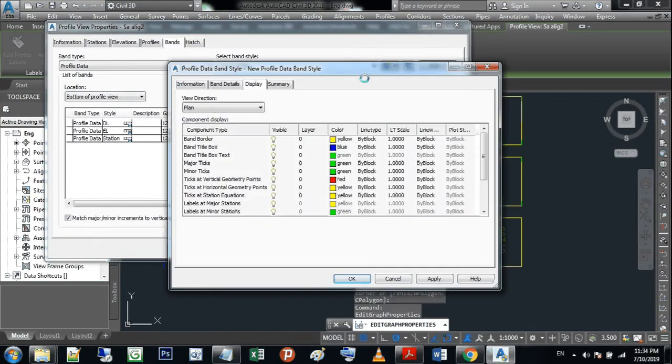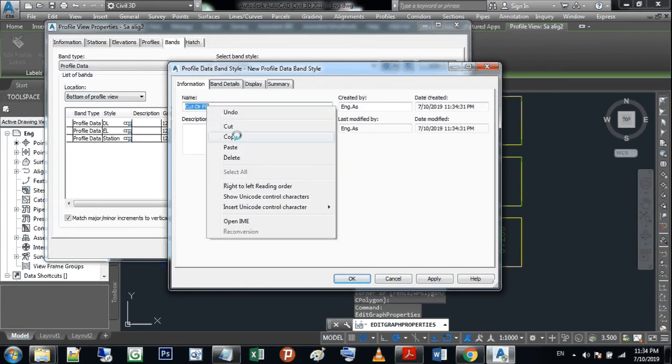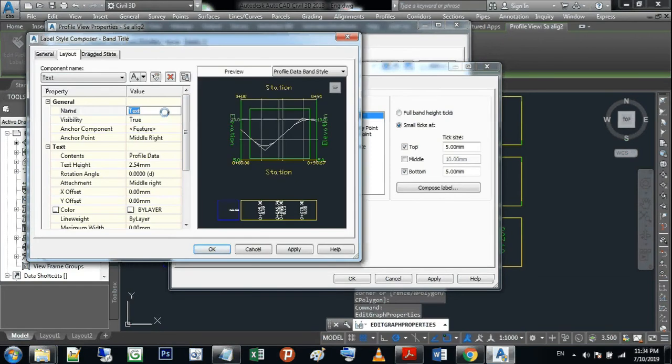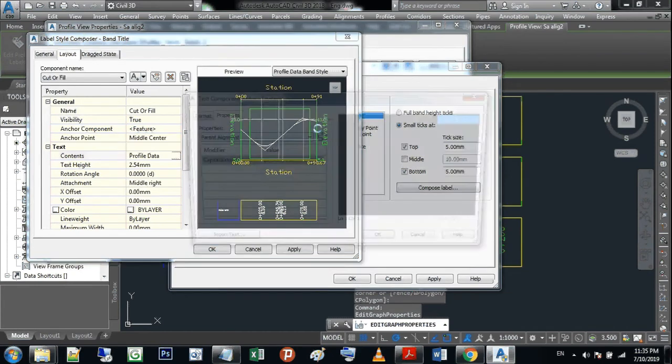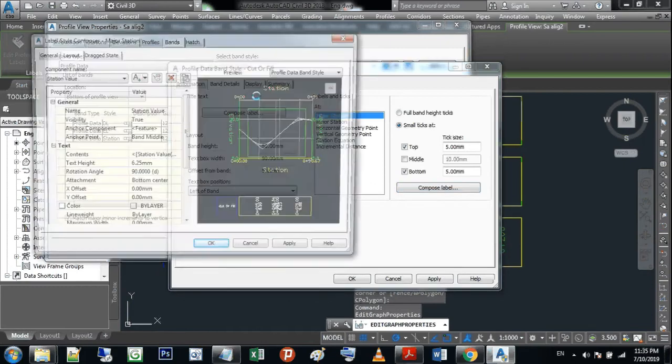And here I go. Create a new one, cut or fill. Copy this and head to here, 50, compose, and I think you guys have understood what I'm doing and knew the way to do this. You just need to focus about this one when I do it, the other compose label. Okay, so cut or fill, middle center, and here, okay, 5, middle center, and okay, then here,